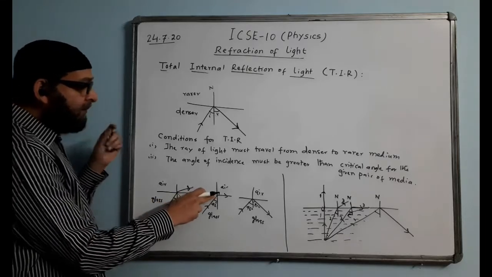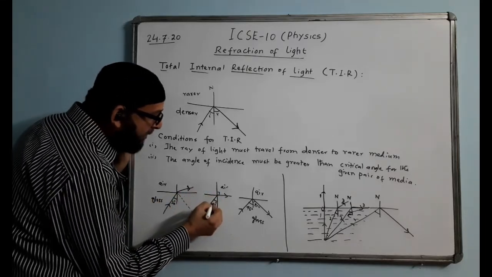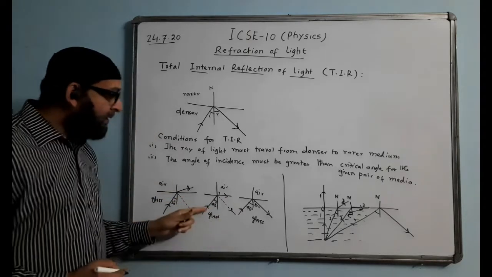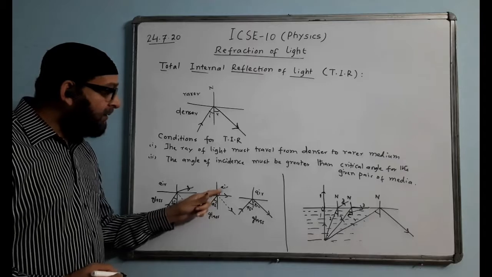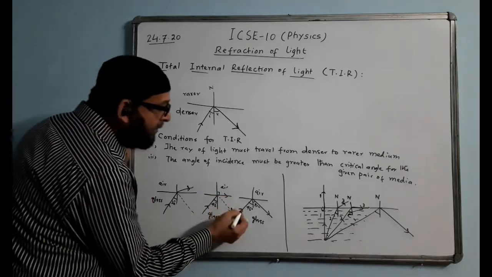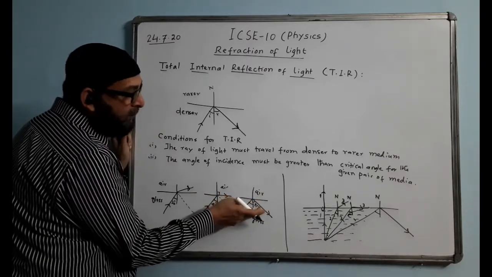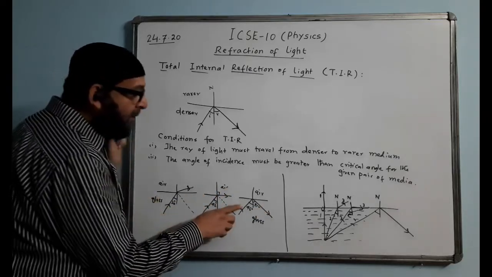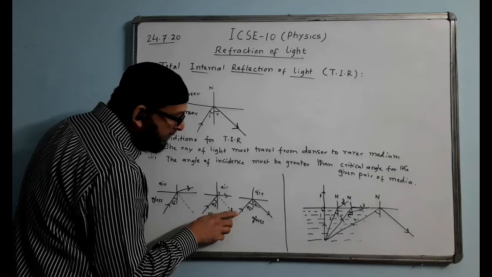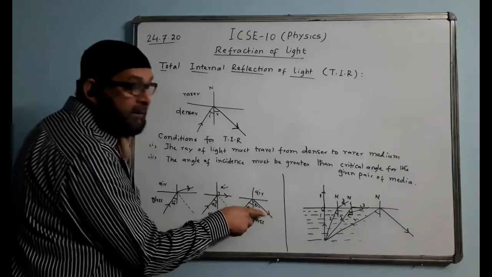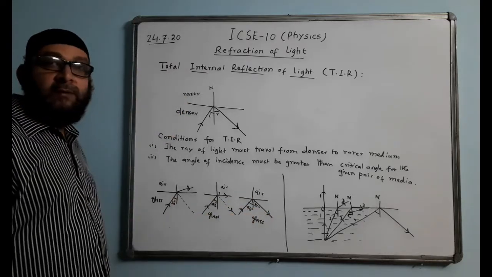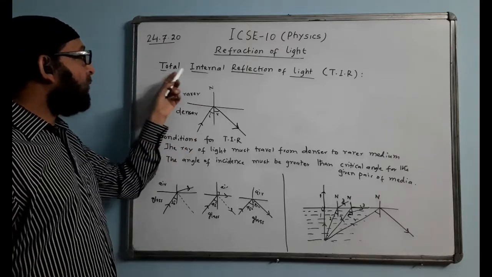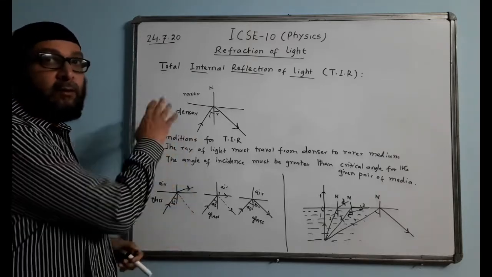Now second diagram also you see, this is the incident ray, this is the refracted ray, so there will be a partially reflected ray here. Again a single ray's energy is divided into two parts. But out here we have only the same ray, a single ray coming out. There are no two rays. We have only a single ray coming out. That means this ray's energy is exactly available here. So that means there is no loss of energy taking place. So in this kind of reflection, no energy loss takes place. That's why it is called total.